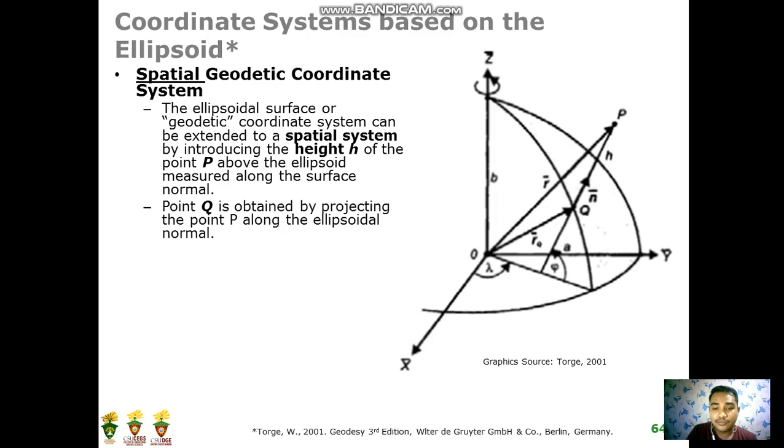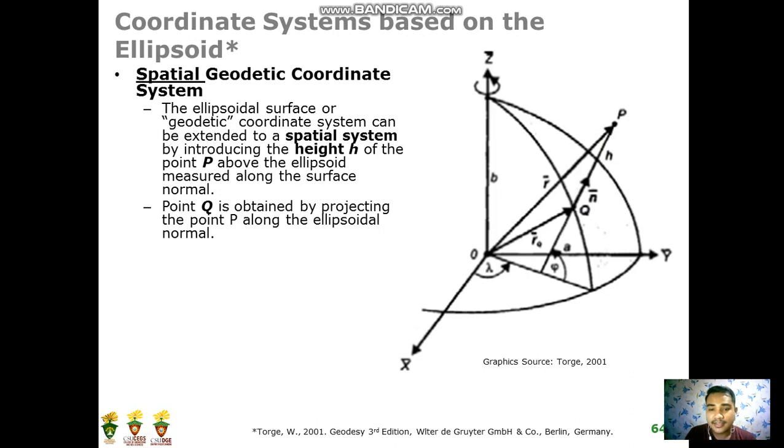So point Q is obtained by projecting point P along the ellipsoidal normal. So this is point Q, and there is a height from P to Q, which is h. So this h is the height. Okay, we all know that